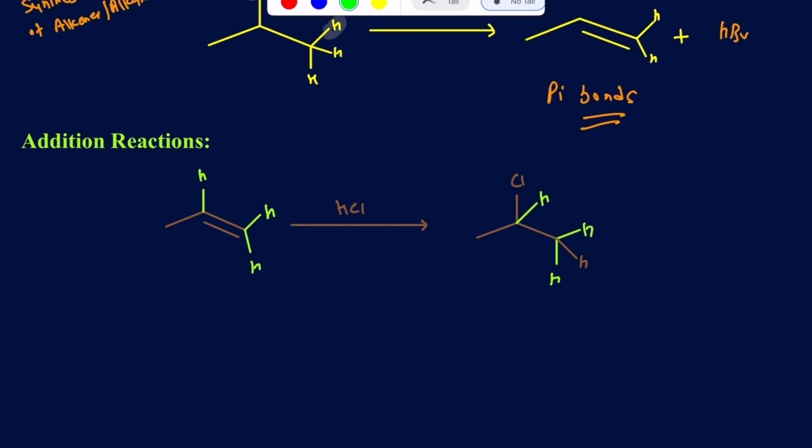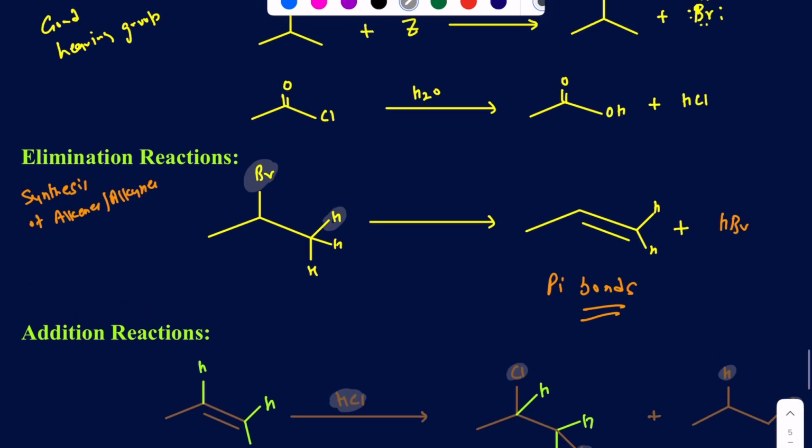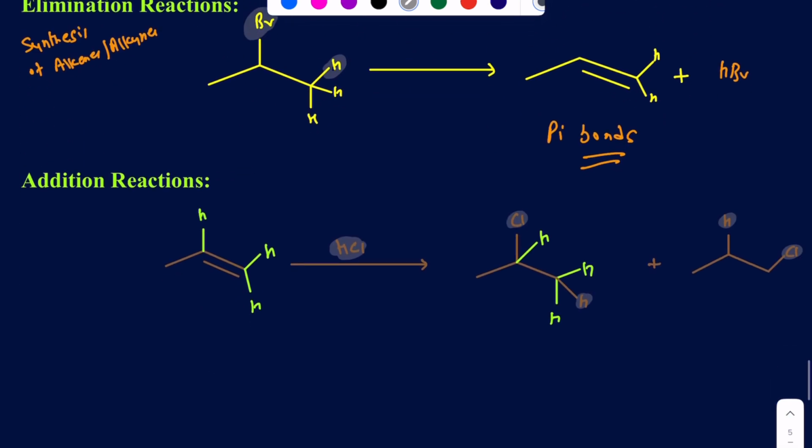an addition reaction. Now, the question might have been why I put the chlorine in the middle one and not in the side one. So the idea is I could technically go ahead and add in the chlorine here and then add in the hydrogen here that was coming from the HCl. All right, so this HCl, Cl here, hydrogen there, or I could have the H added to the middle carbon and the chlorine added to the terminal carbon. So which one of those is really going to be the possibility? That's something you'll learn down the line, but right now you just want to be able to identify what's really an addition reaction, what's really an elimination reaction, and what's really the substitution reactions that you have,